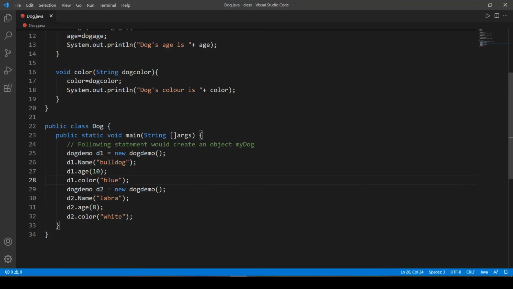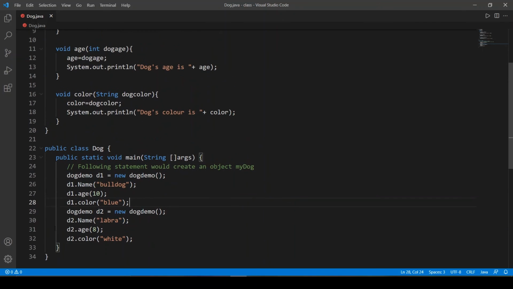As you can see here, we have called the name method and passed parameter Bulldog over here, and we have also called the methods age and color one by one, and also passed parameters: age as 10 and color as blue. So let's first of all comment out this code.